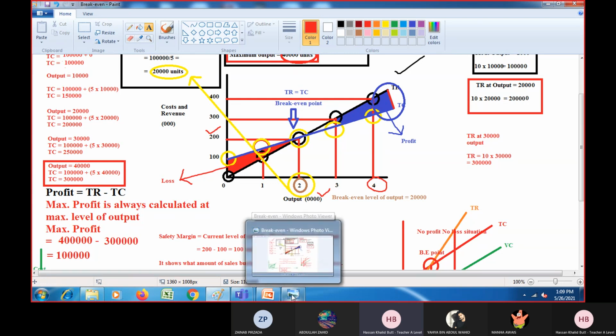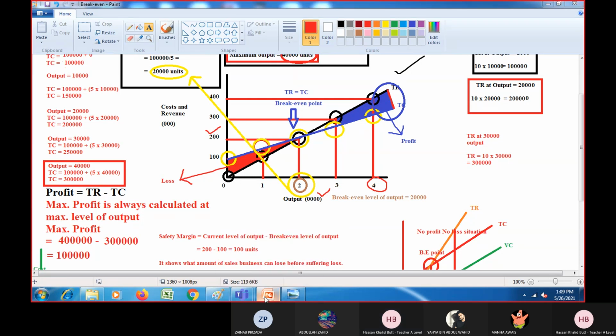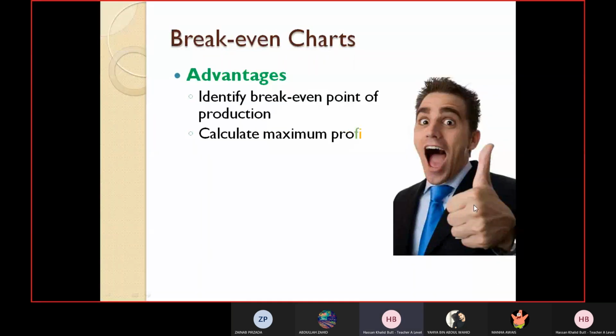Okay, so now let's get back to the slide. Next, we can find out maximum profit, and do you know why we need to find this out using the break-even chart? Can you tell me? Do you really know why maximum profit is important to calculate? That is how much profit you can earn. This is not the profit which you are currently earning. This is the profit which you can earn if you produce the maximum level of output. This is the maximum profit. So why is it important to know about it? Anybody? Any idea? Or no idea?